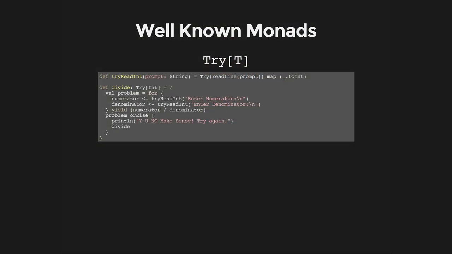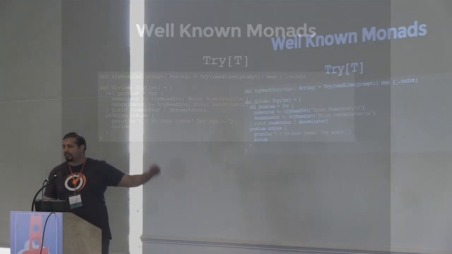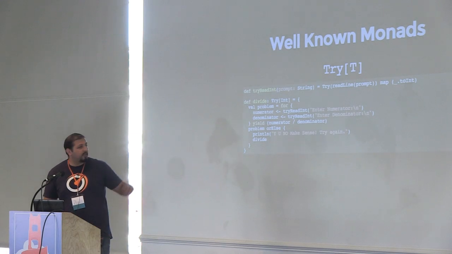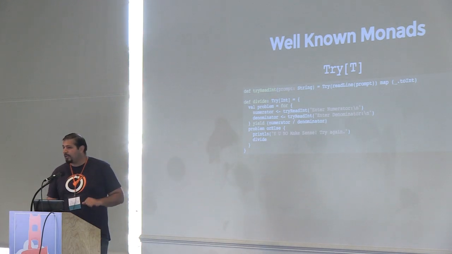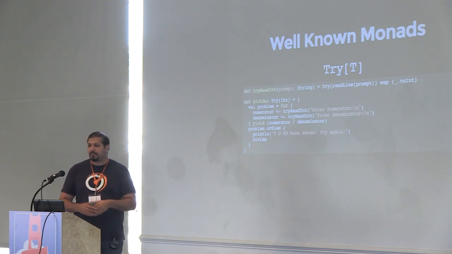Similarly, there's a try monad. The try monad does the same thing, but with failure. So in this particular example, I'm not going to dive into the details. You guys are welcome to check out the slides later. There are 5 points at which you can have failure. And at each of those points, if there is a failure, this for